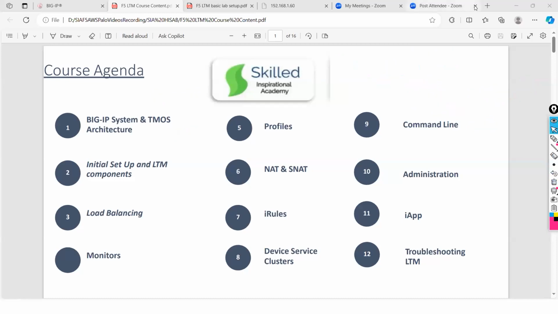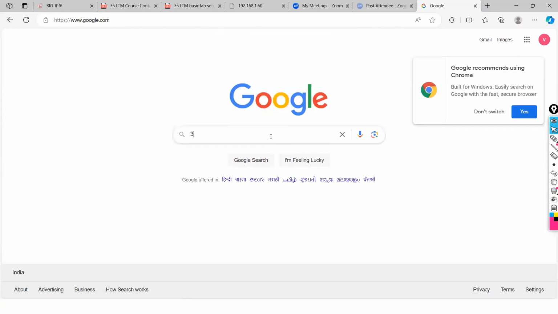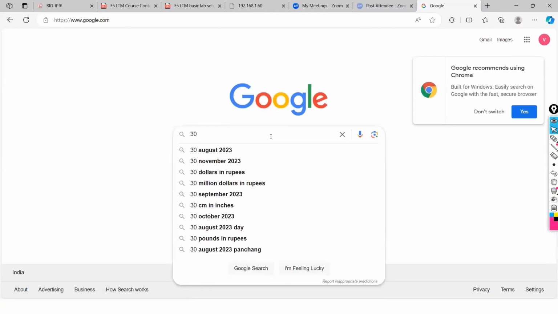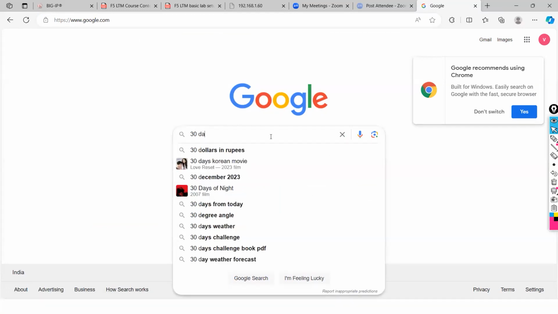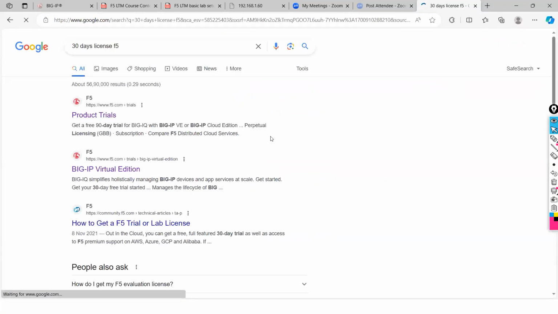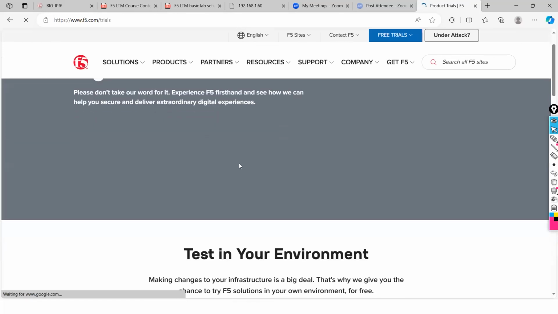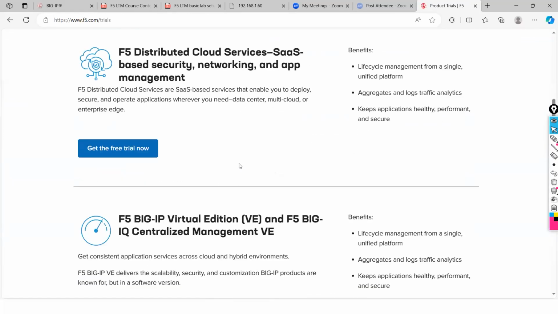And a very good idea: F5 is providing you a 30 day free license. You just go here to see how to install the 30 day free license. Go to 30 day license and F5, go to product trial. You need to just get a license and you can start doing your lab on your laptop.